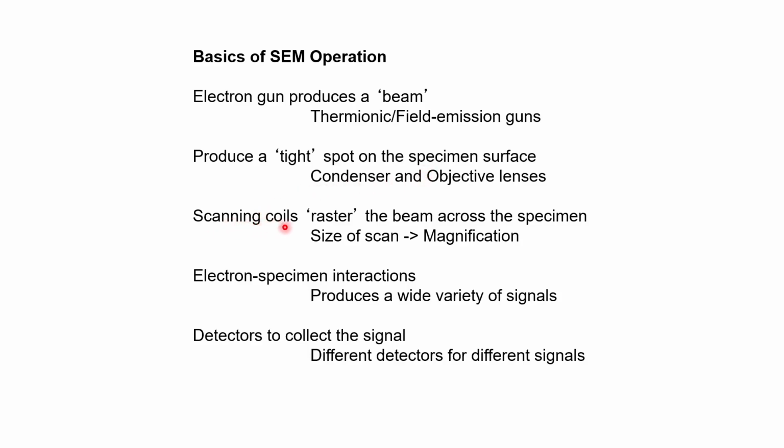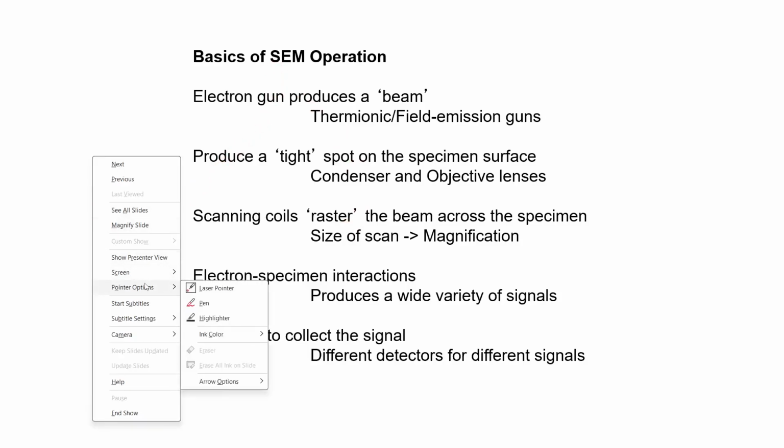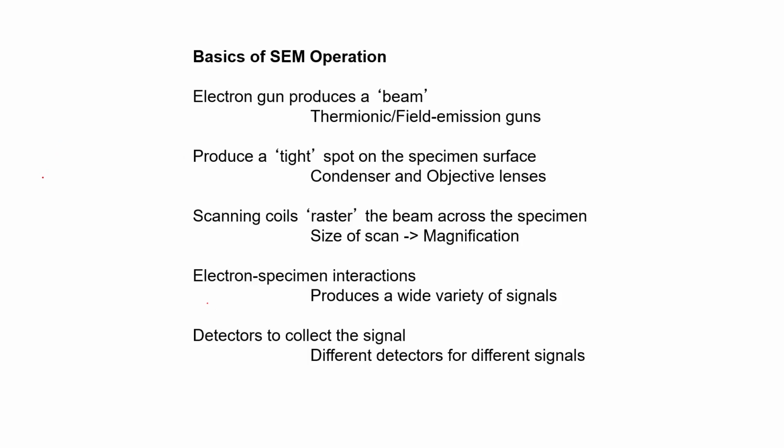Then we have these scanning coils, the raster. What does this raster mean? Can anybody explain? In SEM we always do raster scanning. If this is your specimen, then in SEM your whole image will not come at once. It is a scanning electron microscope. So here the scanning is done like this, from point A to point B,